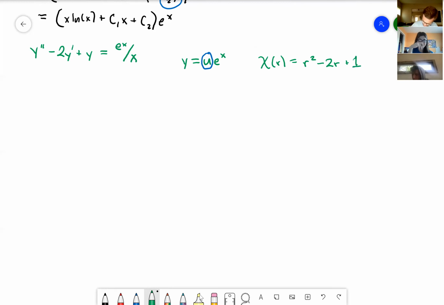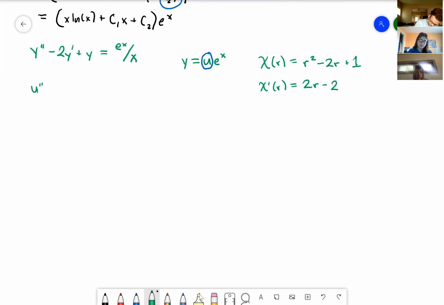So there's our characteristic equation. And this time we want its derivative. So that's 2r minus 2. And through the derivation that we saw a couple of days ago, we get an equation for u. We get an ODE for u that is,